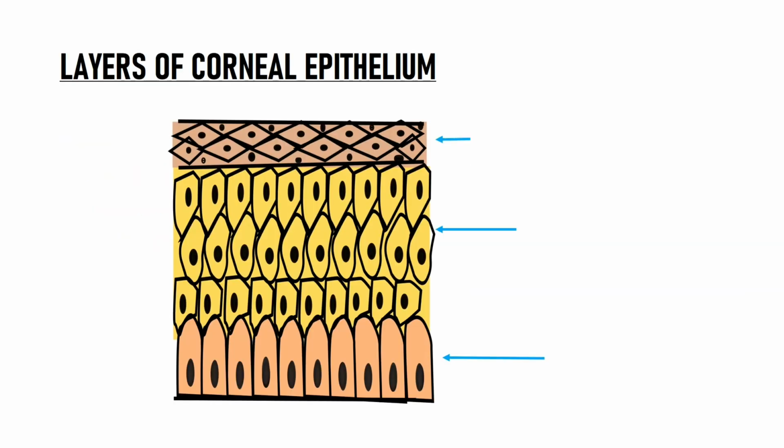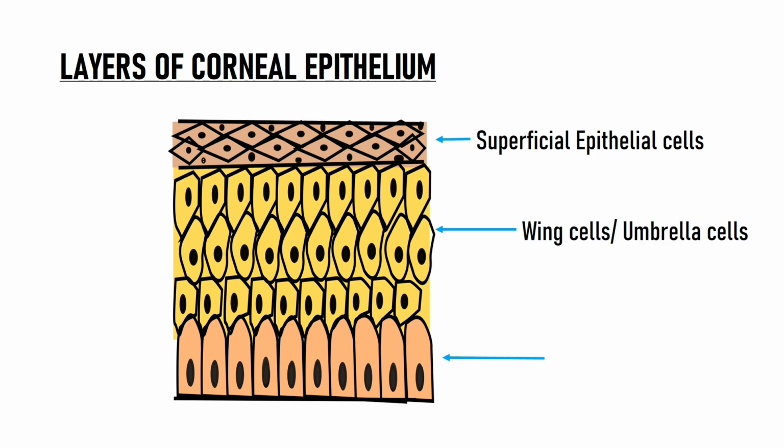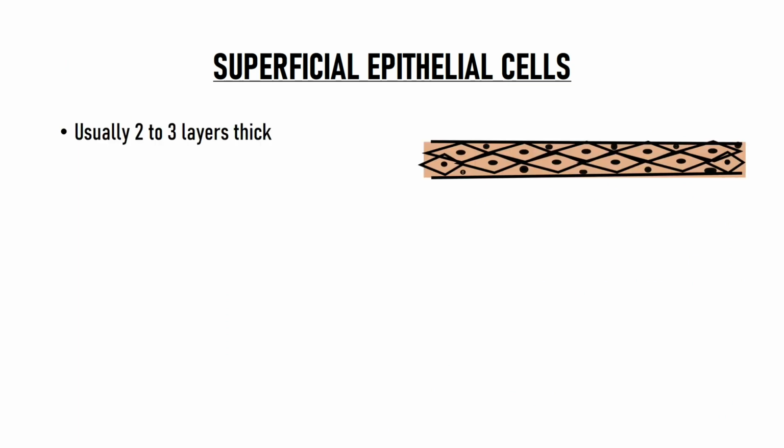Corneal epithelium is further subdivided into 3 layers. The topmost layer is of superficial epithelial cells. Below it lie the wing cells or umbrella cells, and the layer at the bottom is that of basal epithelial cells. So the first layer of the epithelium, known as the superficial epithelial layer, consists of 2 to 3 layers